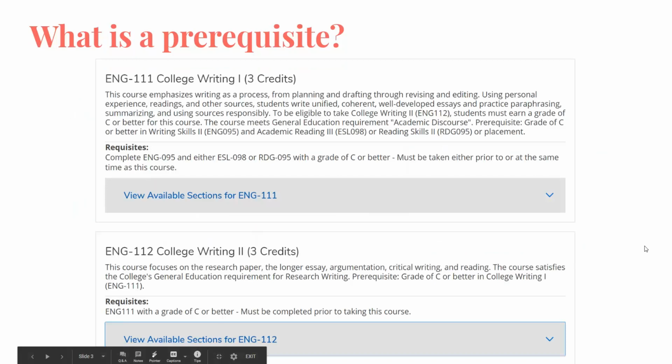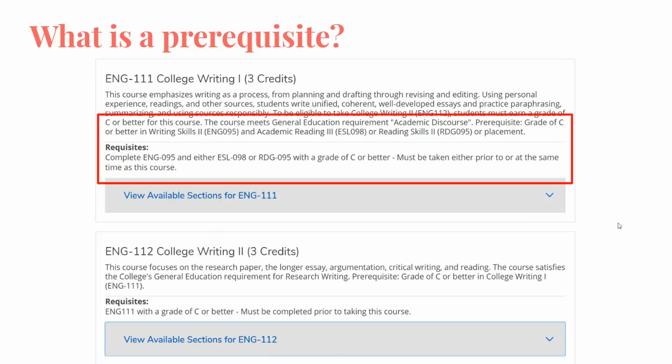So when you look at a class on the course catalog or anywhere on the Bunker Hill website, you'll see something very similar to this. This is a course description, and it will also show you the available sections that are offered for that particular semester. So it's important to see right in this red box